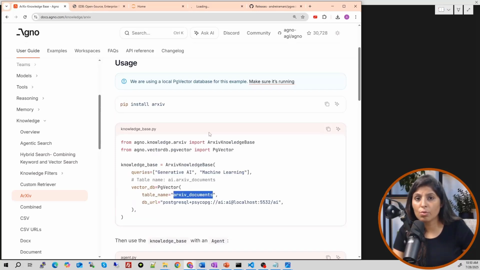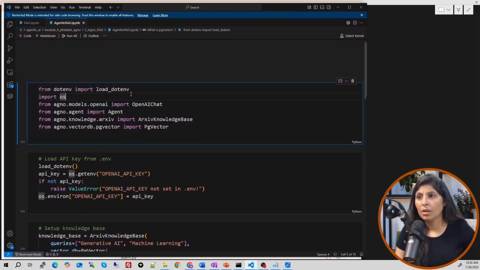So first we need to create the agent, okay? Let's perform all those steps one by one. Let me show you. See here, first we are importing all the required modules. We need this module because we want to load the API keys from the .env file. Which API key do we need from the .env file? Let's say, guys, if you are using an LLM from Google, you will use the API key of Google. If you are using OpenAI's LLM, then you will load the API key of that.